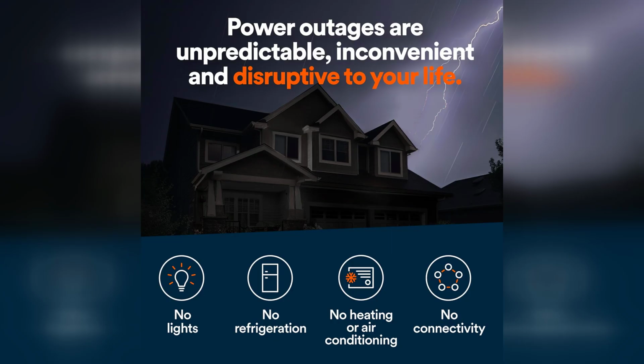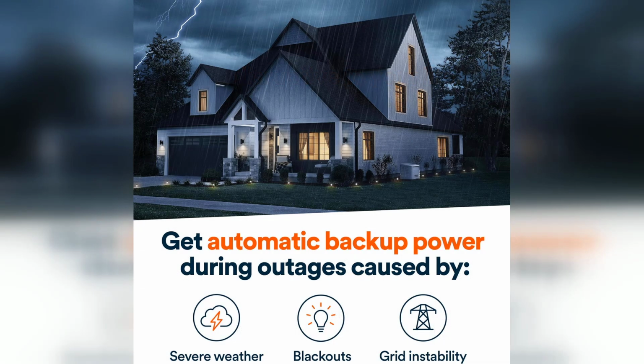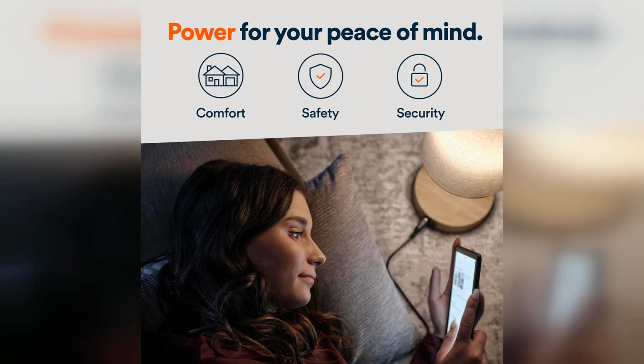Generac also offers professional installation services, which helps ease the process for those who may not be comfortable with DIY projects. The unit operates quietly and efficiently, reducing noise pollution compared to older generator models. Its automatic transfer switch ensures a seamless transition of power in case of an outage, allowing you to continue your